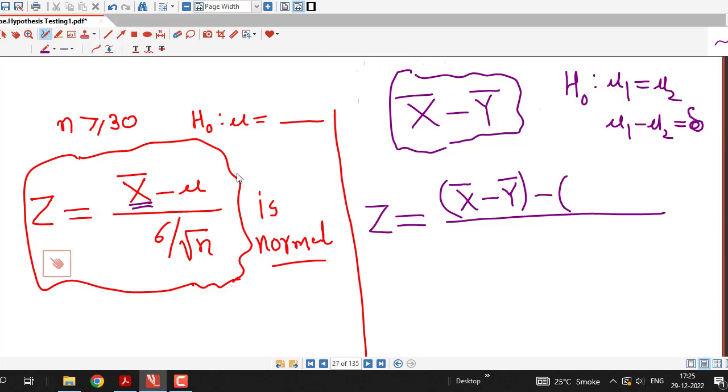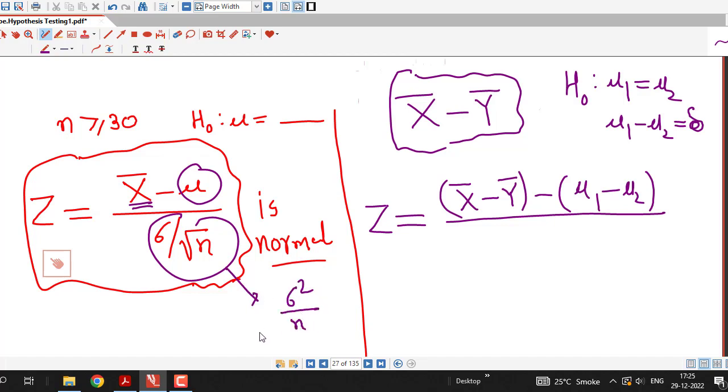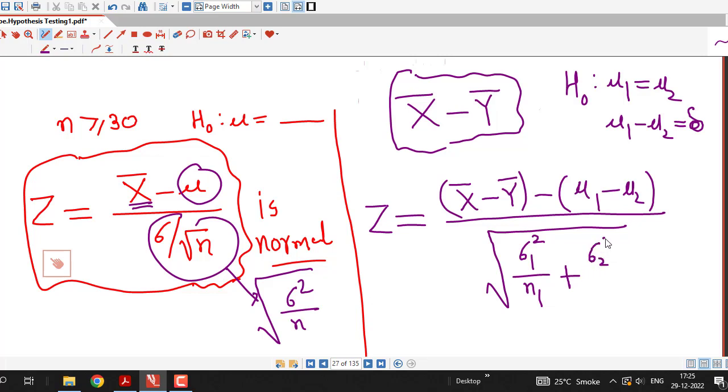So here, instead of mu we have the difference of these two population means mu1 and mu2, and if you observe this, I can rewrite sigma square divided by n under a square root. Here I have two populations, so I have two population variances. For the first population we have sigma 1 square divided by the size of the first sample, that is n1,